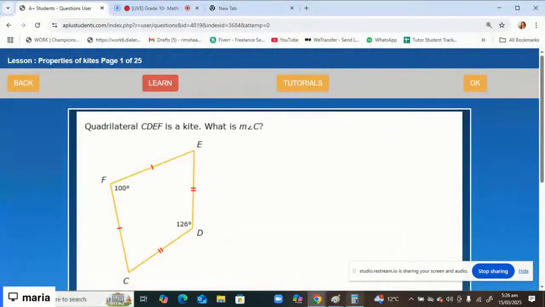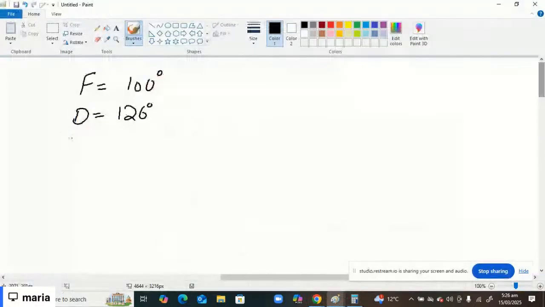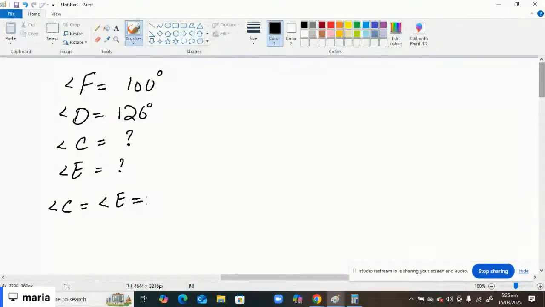C is not given, and E is also not given. So first of all, we are going to set them equal to X. Now adding up all of it, angle F plus angle D plus angle C and angle E